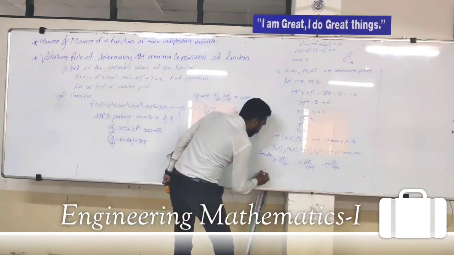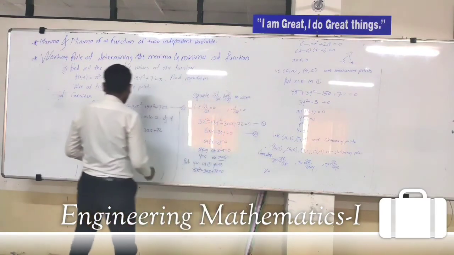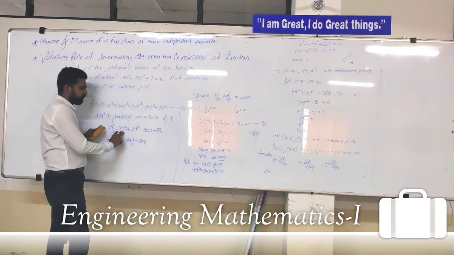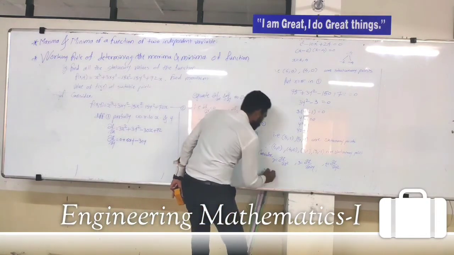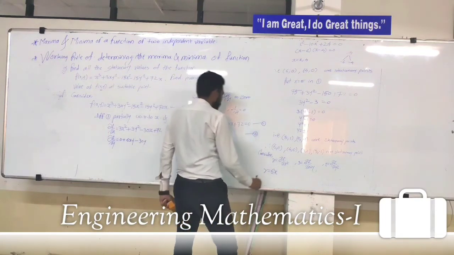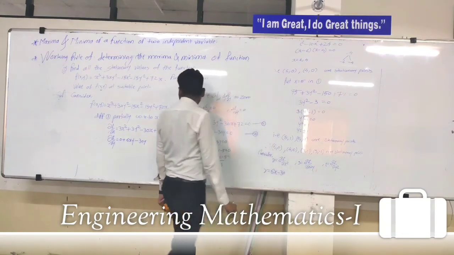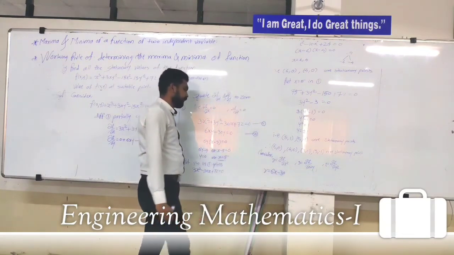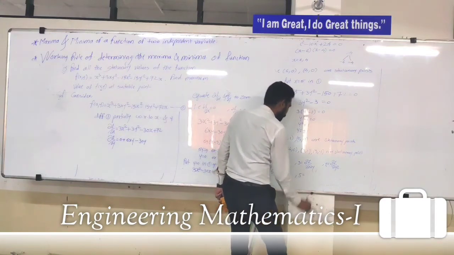So r is equal to kappa square f by kappa x square, म्हणजे kappa f by kappa x चा परत डिफरन्शिएट करावा लागेल आणि तो मिळेल 6x minus 30. s ची व्हॅल्यू काय मिळणार आहे, s is equal to